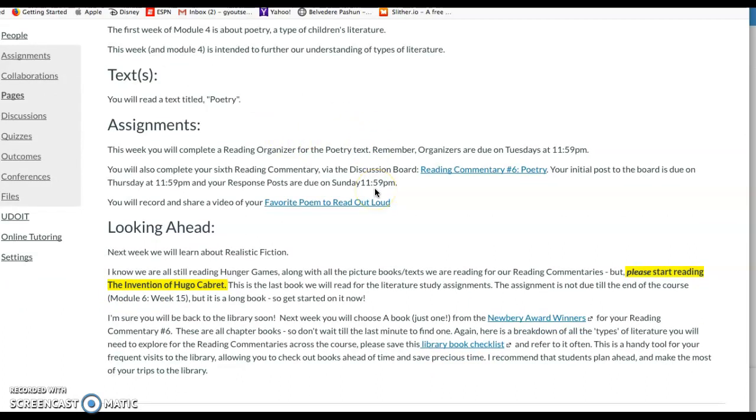And we are pretty deep into our semester now, so I know that you guys are feeling very comfortable with the reading organizer content, but as you know, it's due on Tuesday night. And of course, the purpose of that is so that you are fully up to date on all of the module content for the week, and then you're ready to do the rest of the activities. So complete your RO by Tuesday, and then you'll be ready to focus on our reading commentary. So this week we have a reading commentary, and we also have an assignment due on Sunday.